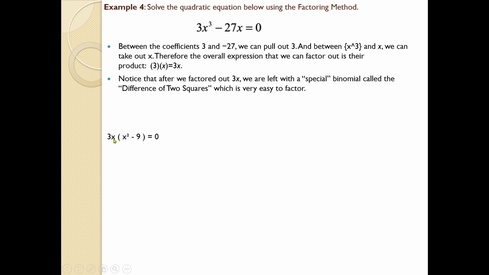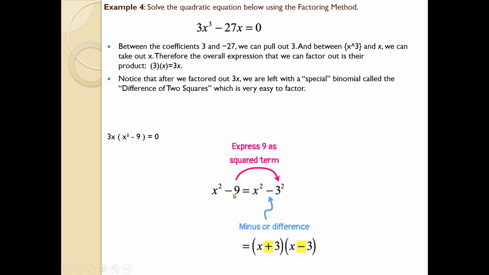Show it like this, because if I show this in a simplified form like this, I can again simplify x square minus 9, because 9 is actually the square of a certain number. So actually this x square minus 9 can be simplified like a square minus b square. So it will be written as x square minus 3 square, which is known as x plus 3 and x minus 3, because here the sign is minus 9. I am not explaining all these steps in detail because these are basic maths.